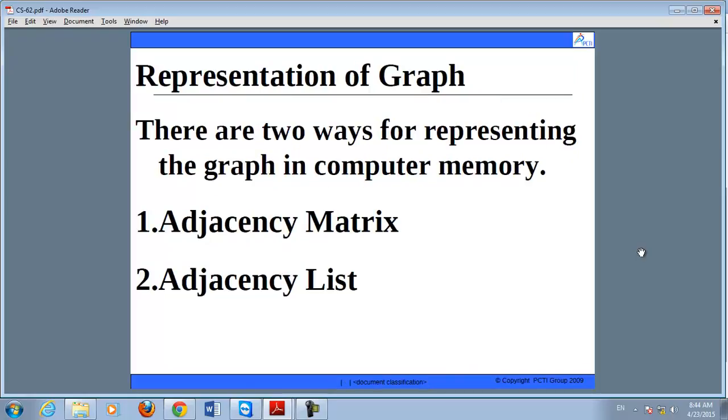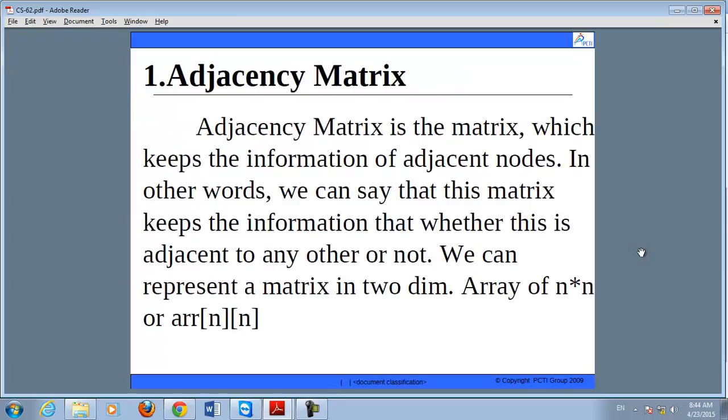Now next is representation of graph. There are two ways of representing a graph in computer memory, that is adjacency matrix and adjacency list. Now what is adjacency matrix and adjacency list? Matrix means the representation of edges and nodes in the form of rows and columns.